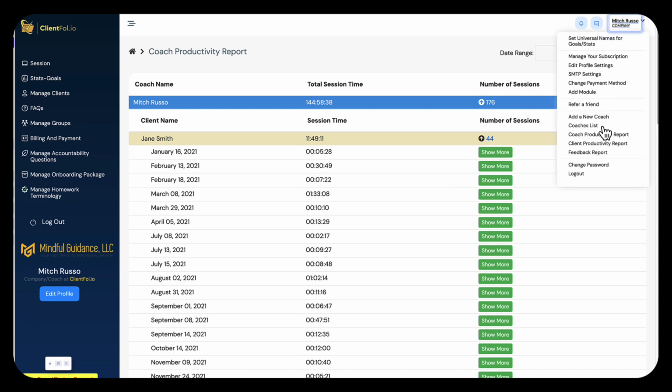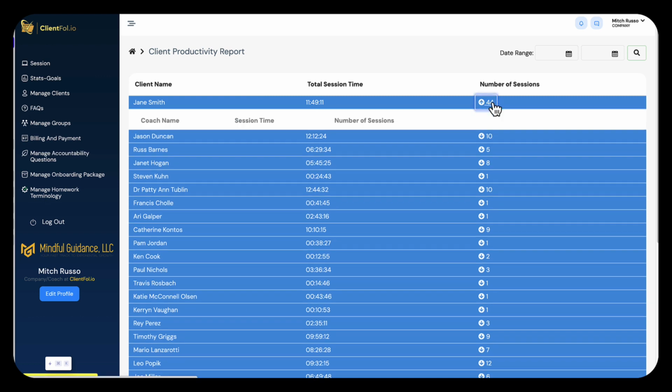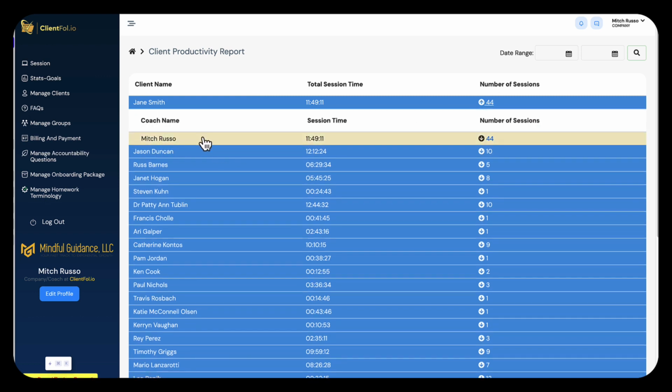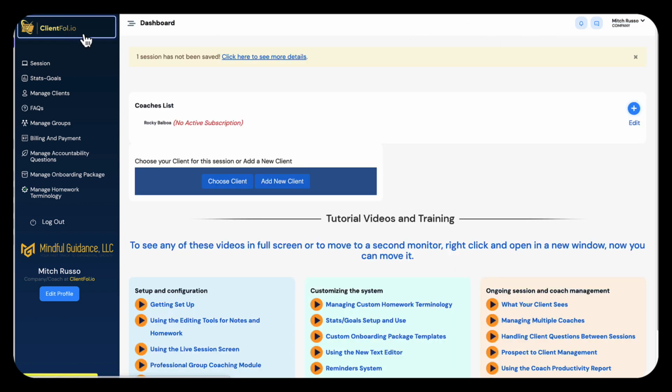In fact, the other report called the Client Productivity Report will break it down by client so you can see multiple. If we did, again, Jane Smith, it would now show you for this coach, here's all the sessions. For that coach, here's all the sessions. So every coach will be able to drill down and see what everyone is doing. Ultimately, you have just seen the entire Clientfolio system, but one more thing I want to go over,